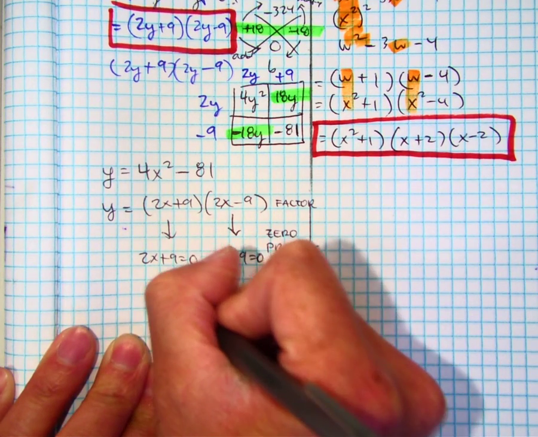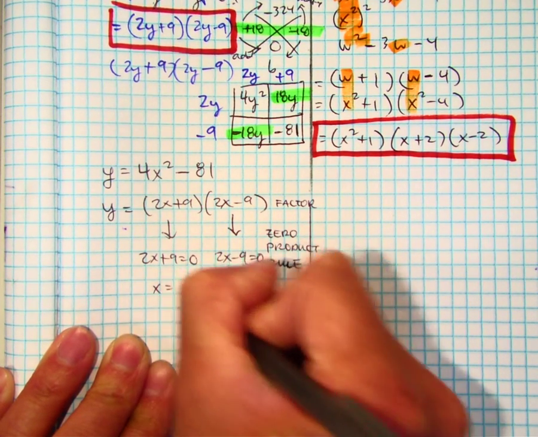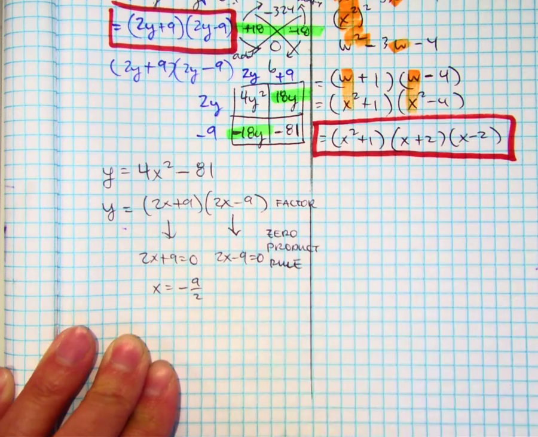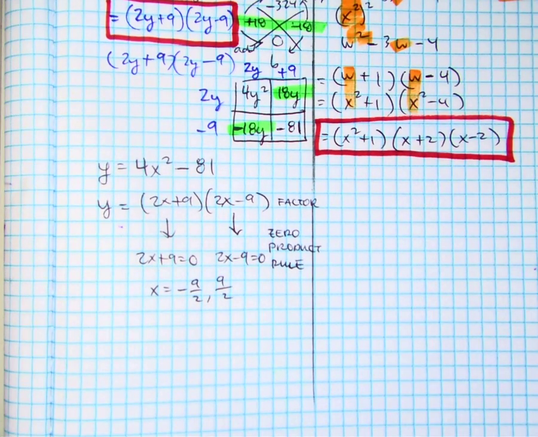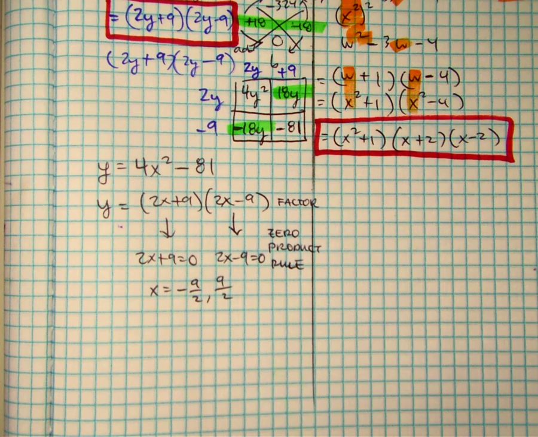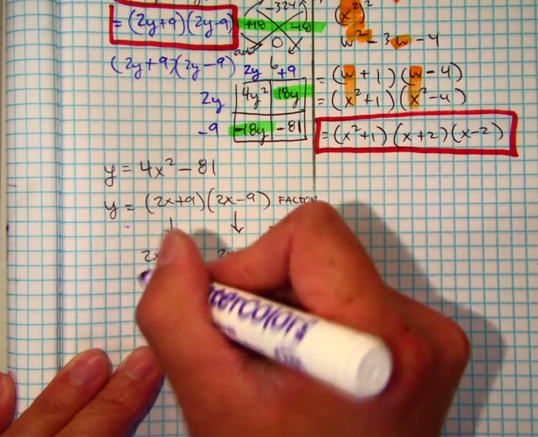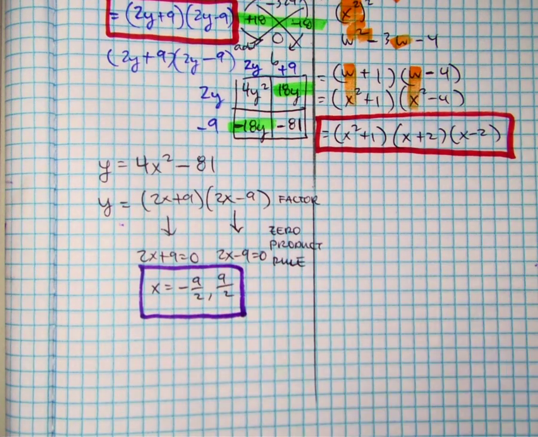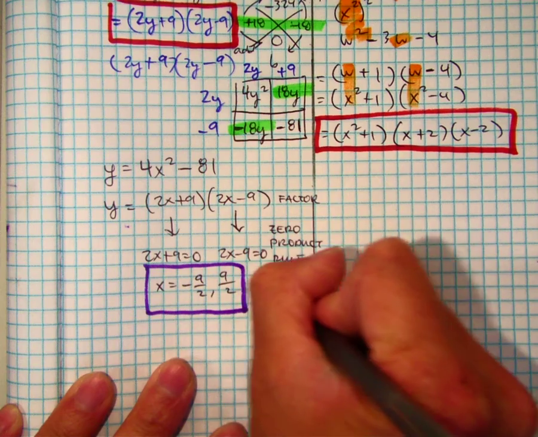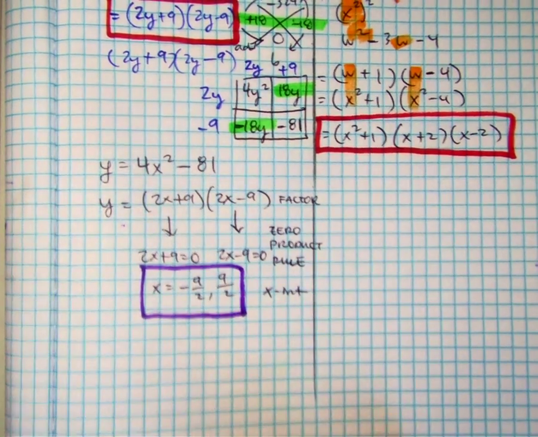Subtract 9, divided by 2, and you get negative 9 halves, and over here you would get positive 9 halves. Raise your hand if you got that. Good? Class, are those my x or y intercepts? X. Those are my x-intercepts. Okay, so if you're graphing this now,